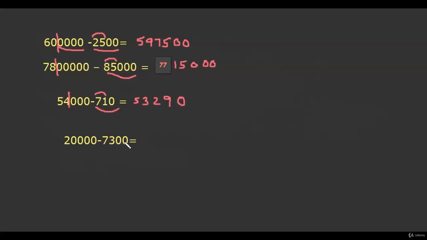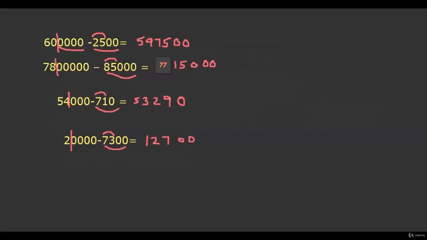Now there are 2 zeros, so we will apply Nikhilam to 73 only, and this is a 4-digit number, so we make a partition over here. We reduce 2 by 1, so this becomes 1. We will apply Nikhilam to this part, so all from 9, last from 10. Subtracting 7 from 9, we get 2. Subtracting 3 from 10, we get 7. And these 2 zeros as it is.